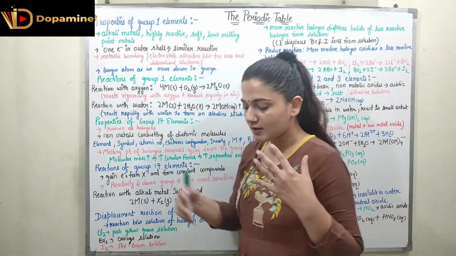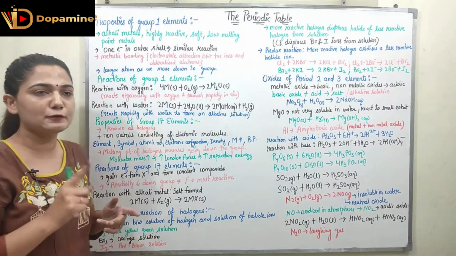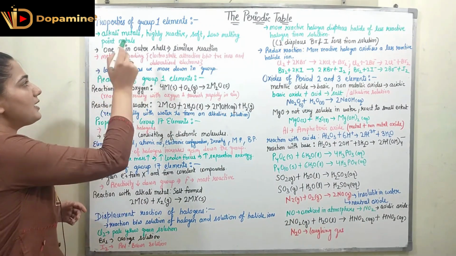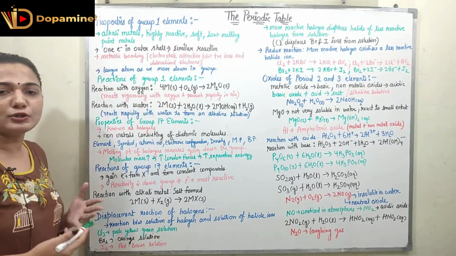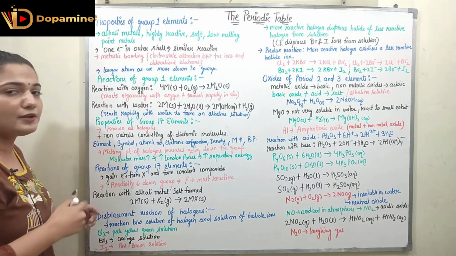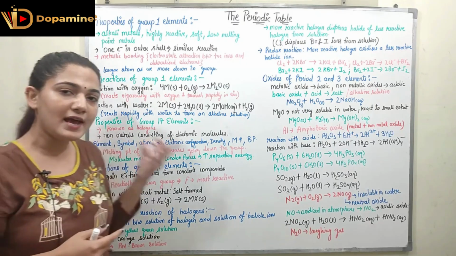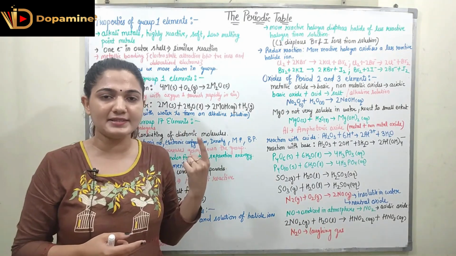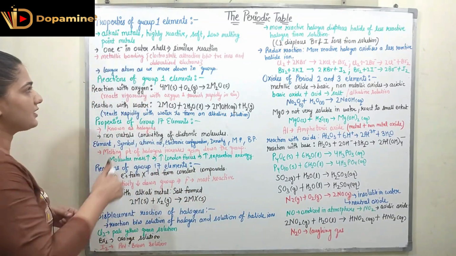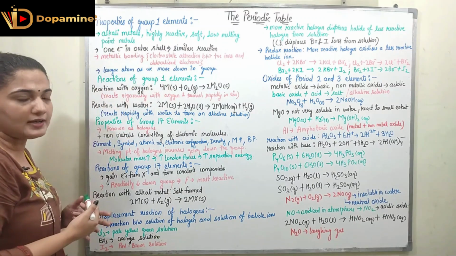So what is the common thing between the various atoms present in group 1? They have one common property: they have one electron in the outer shell. So in the outer shell only one electron would be present, so the valence electron would be 1. When all of the atoms have only one valence electron, all of them will have a similar reaction. So the reaction is similar for all of the atoms in group 1, right?